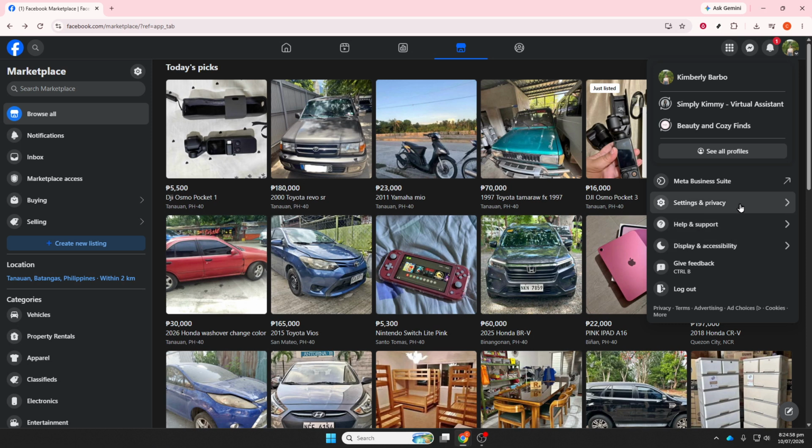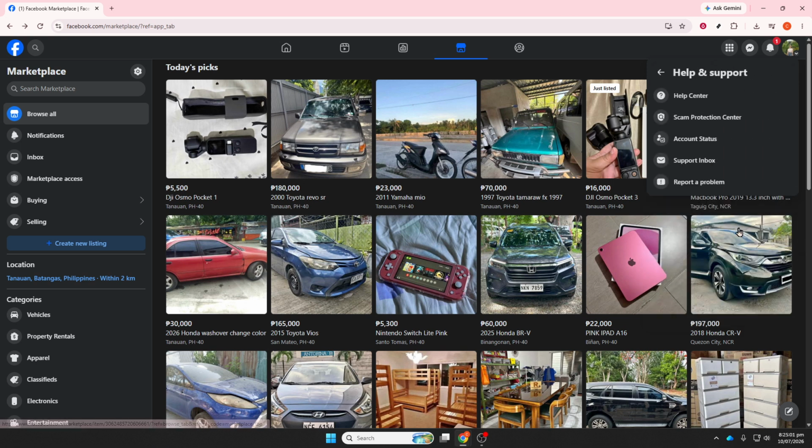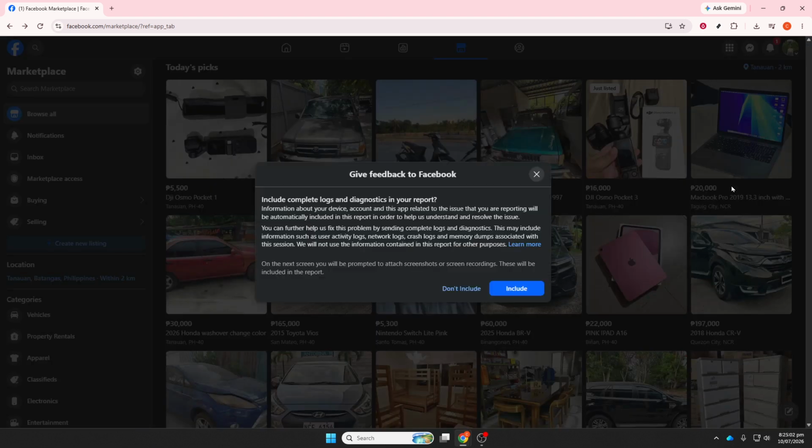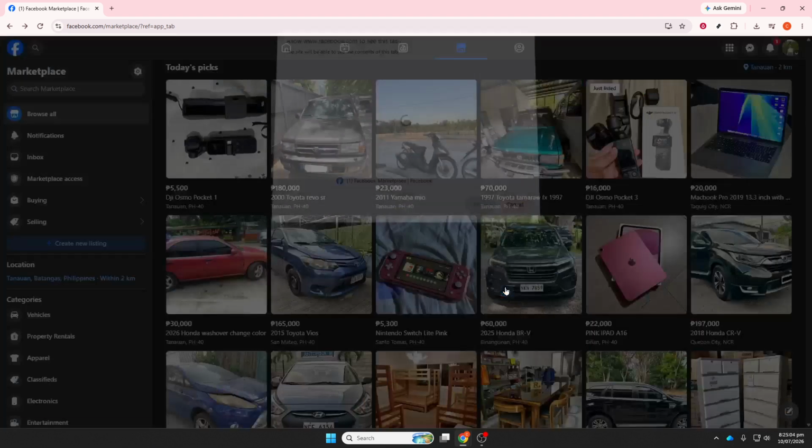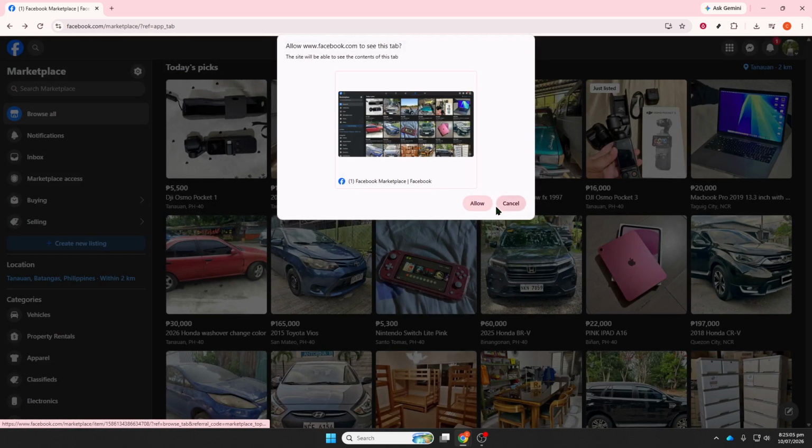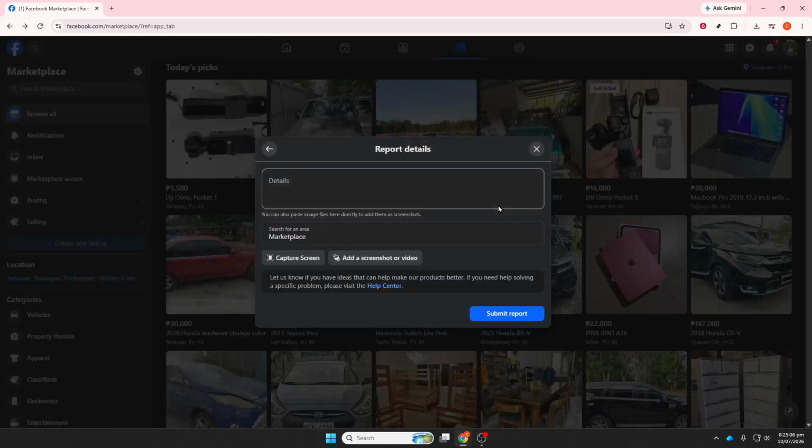It's also worth updating the Facebook app to the latest version from your device's app store, then restarting the app afterward. This won't remove a real ban, but it can help if you're dealing with display issues or outdated app behavior. Finally, wait for Facebook's decision. The review process can take several days or sometimes longer depending